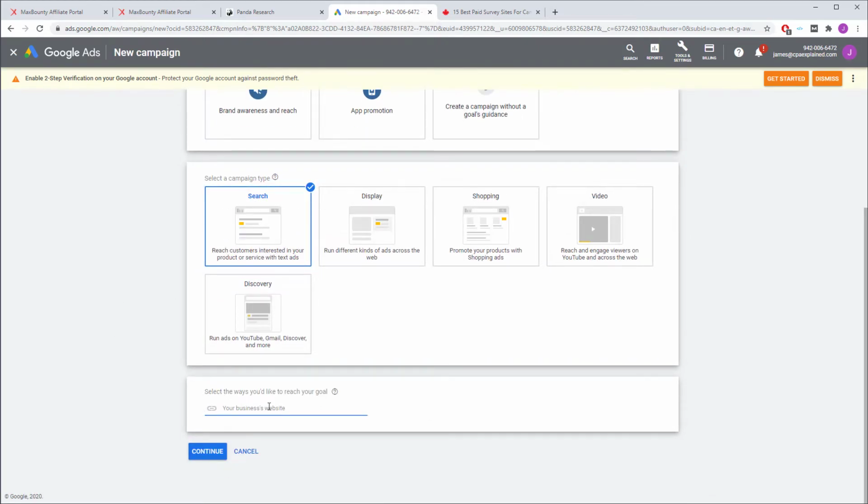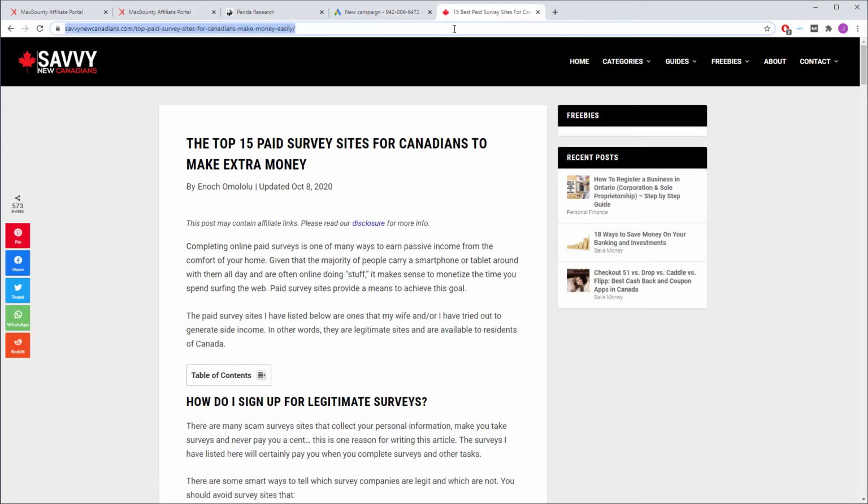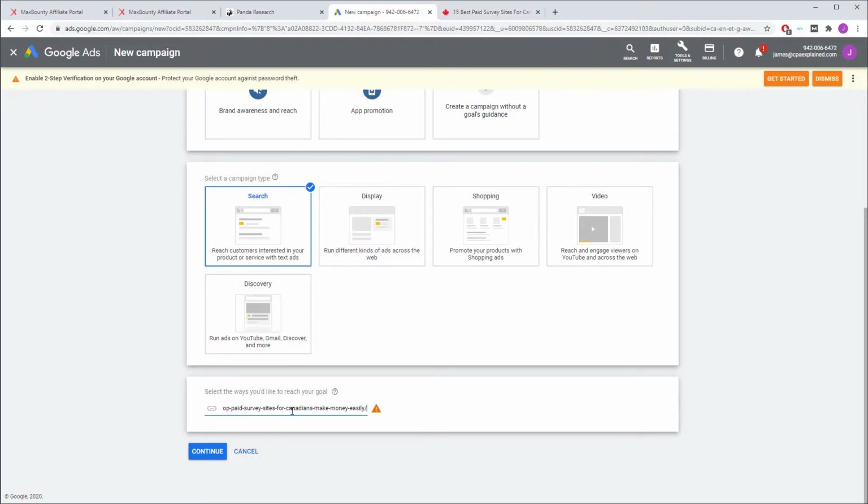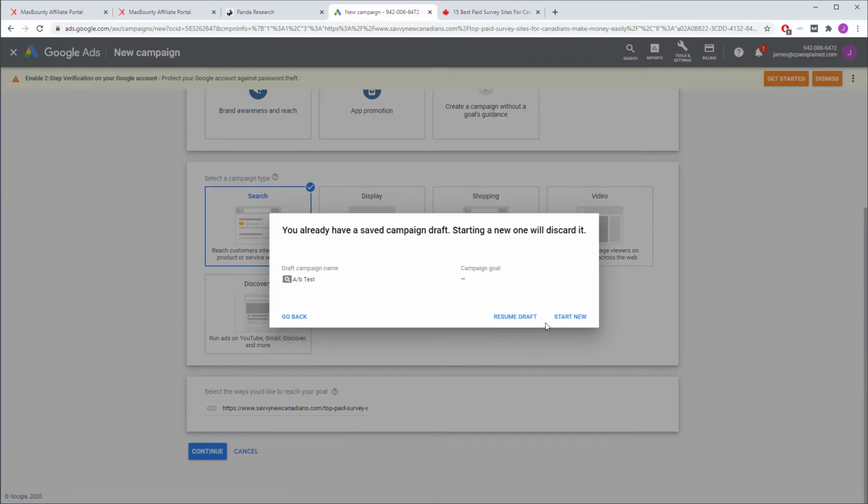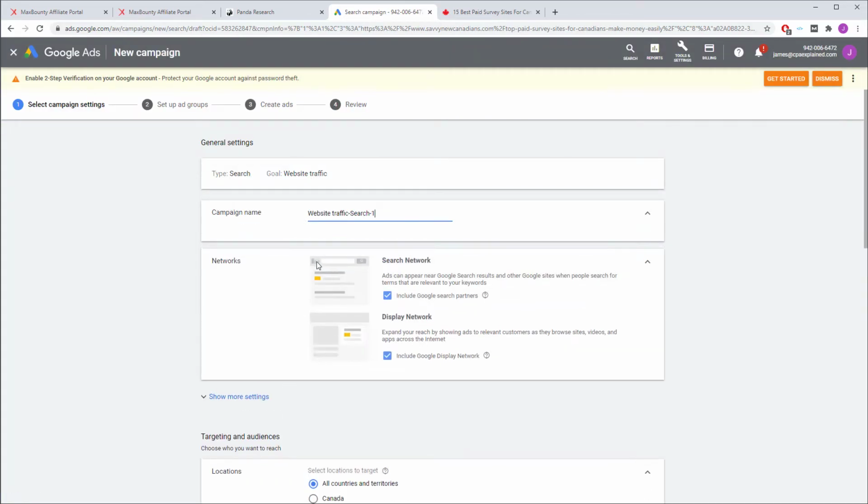And website, we're just going to go whatever website. So this would be mylandingpage.com. It's probably not going to work. Nope. Anyways, we'll just do this one. Oops. So let's say this was my landing page, and you're just going to put that on there and click continue. All right, now it's going to tell you your goal is website traffic, and it's going to give you a campaign name. So we're just going to call this Max Bounty